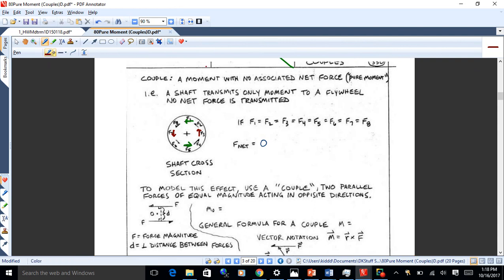That's the idea behind these couples or pure moments: for every force you've got on one side pushing one way, you've got a force on the other pushing the other way. They create a moment, but they have no net force. So that's the idea. And if you take this and boil it down to its simplest expression,